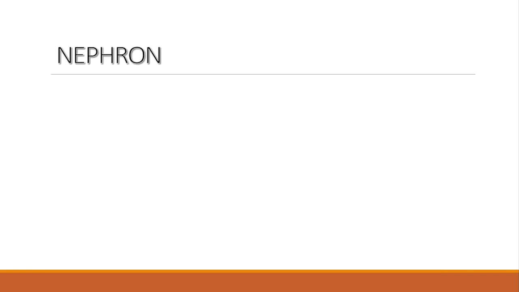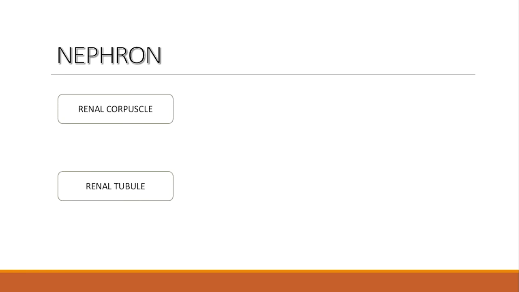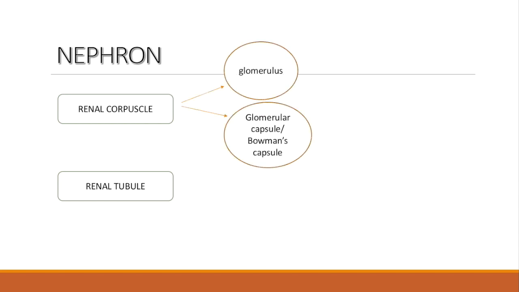The functional unit of the kidney are the nephrons. There are 2 parts, the renal corpuscle and the renal tubule. Renal corpuscle is where blood plasma is filtered, while the renal tubule is where the filtered fluid passes. The renal corpuscle has two components, which are the glomerulus and the glomerular capsule. Blood plasma is filtered in the glomerular capsule, and then the filtered fluid passes into the renal tubule, which contains